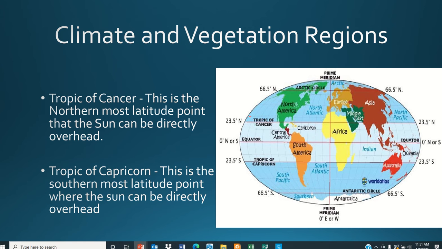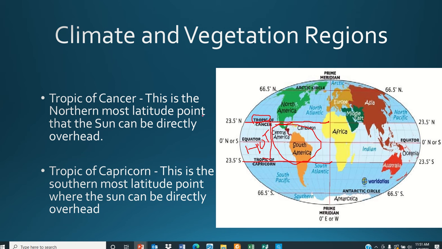Moving on. We're going to talk about the tropics. Now, notice the Tropic of Cancer, the line that goes right here, and the Tropic of Capricorn that goes right here. Everything between this line and this line, think hot. Think tropic, because pretty much all of this is a tropical climate.